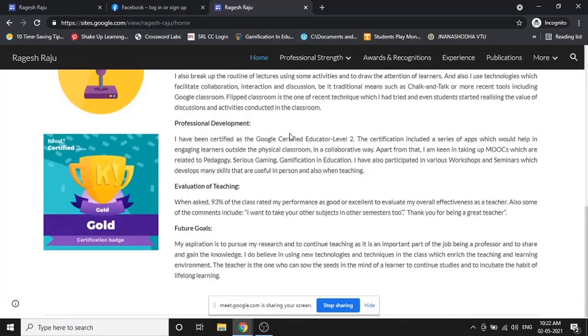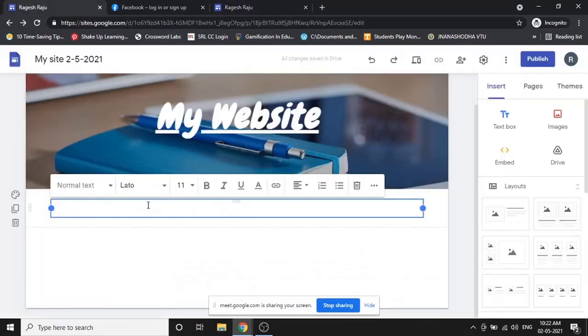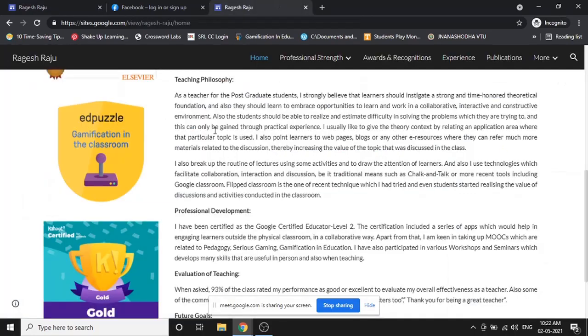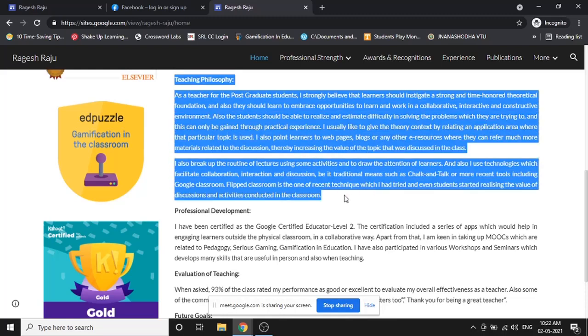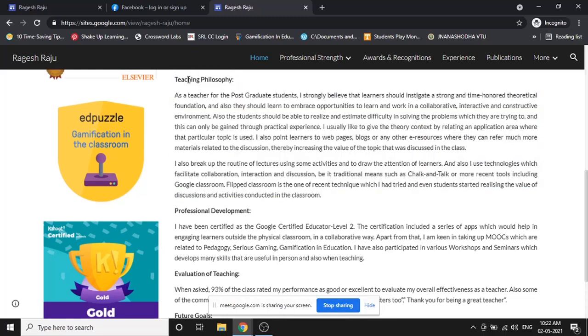Okay, so the best thing is, if you have some content to be added, type that content in a Word document, do the formatting there. Once you are done with the formatting, just copy paste it there. So I have this particular document where already the formatting is done. What I do is I just select like this. If you see here, there is a heading, there is one paragraph here, this is the second paragraph here. Okay, so again one more paragraph.